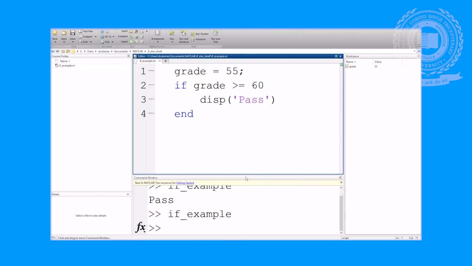Hopefully you can see here that one of the major limitations of the if statement by itself is that we only have one path that the program can take. It would probably be preferable to have the program tell us that we have failed the class rather than just ending and not really displaying anything for us. So this leads us to the else statement.